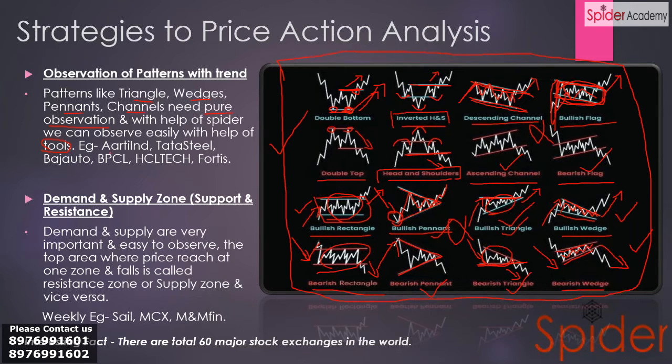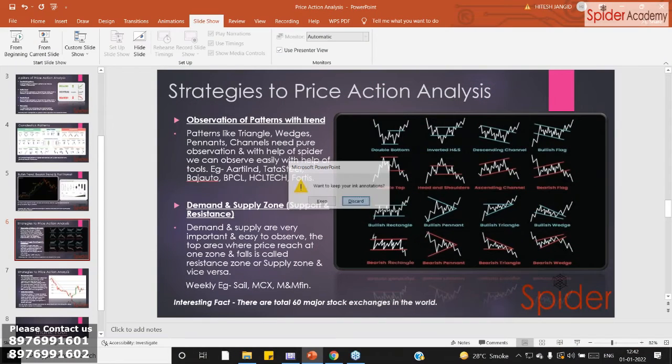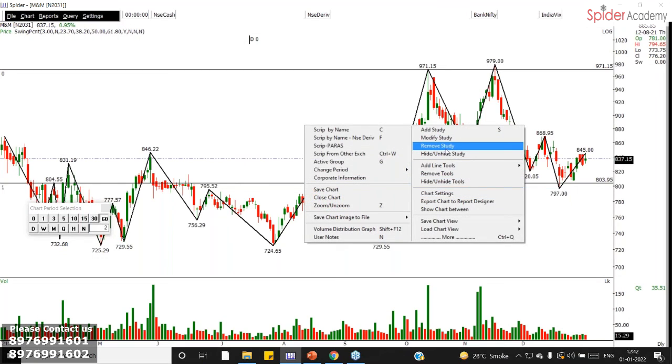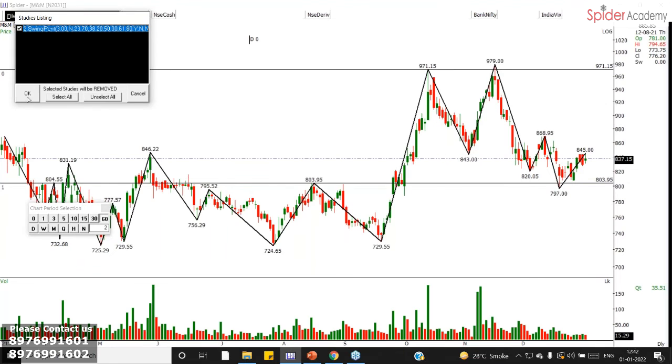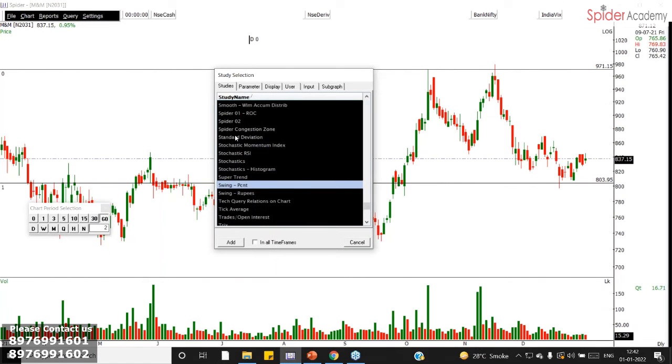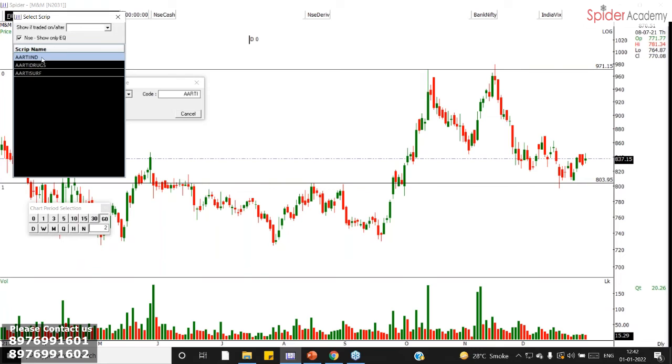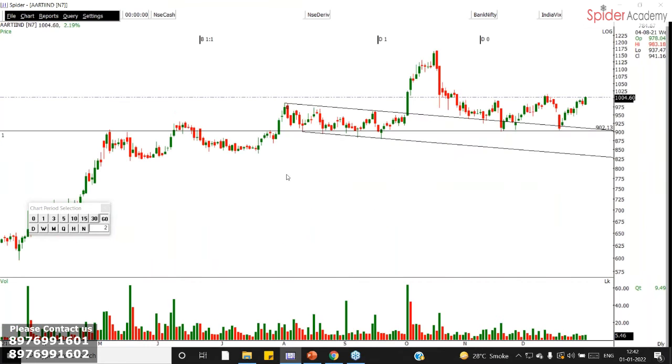Okay. There are a few examples I have noted down here. We will also discuss a few examples on this. Okay. So first we have Aarti Industries. Okay, we will go to the software again. I'll remove this swing study. Okay. So in Aarti Industries,